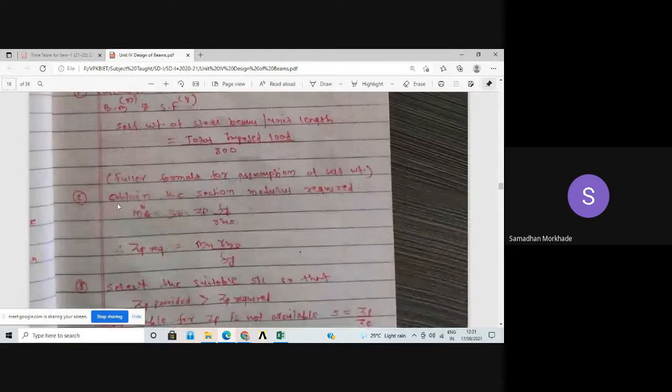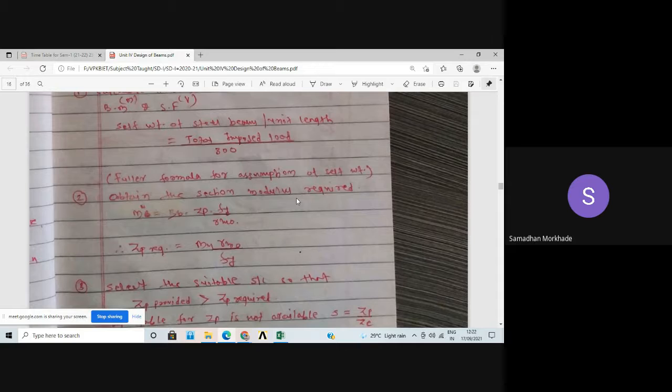Then step number 2, obtain the section modulus required. We have to calculate ZP required. See, in the case of a tension member and compression member, we calculate the area required, and based on that area we select the section. Now this is a beam, a flexure member. Here area does not come into the picture because the strength of the beam is governed by section modulus. So we are going to calculate the section modulus required, and based on that